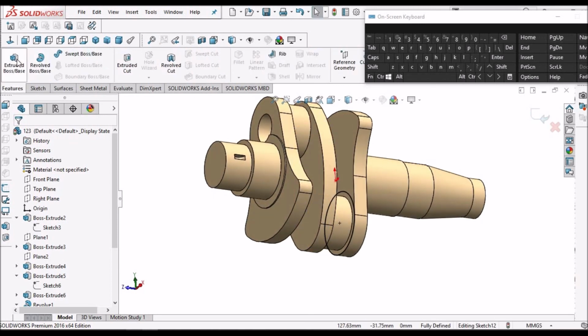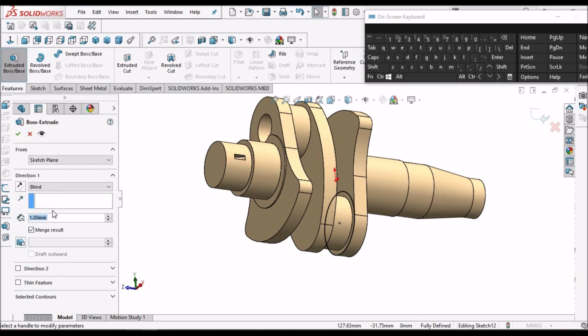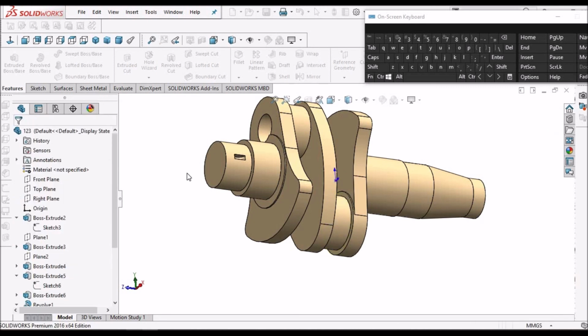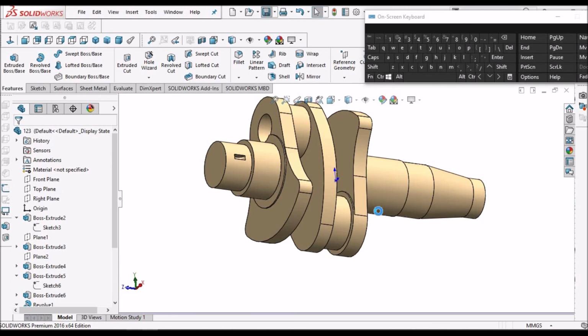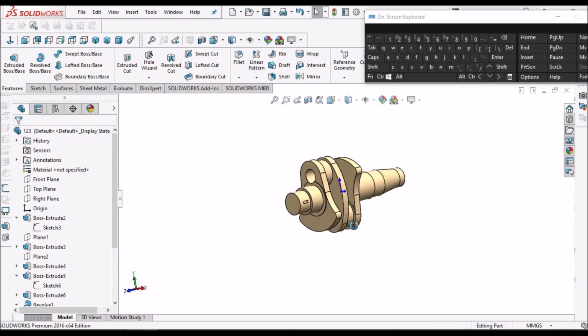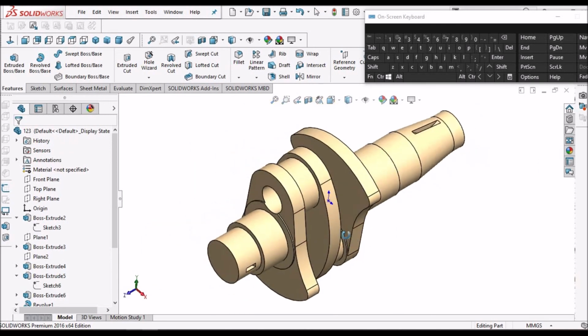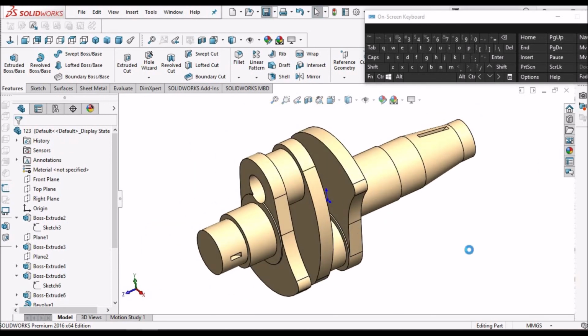Go to feature, say 1 mm. So our component is ready now.